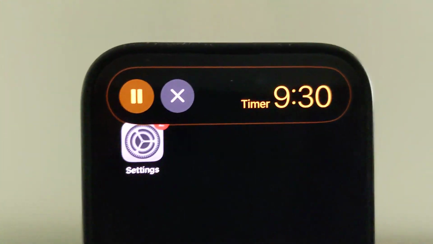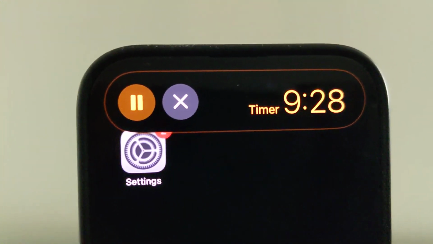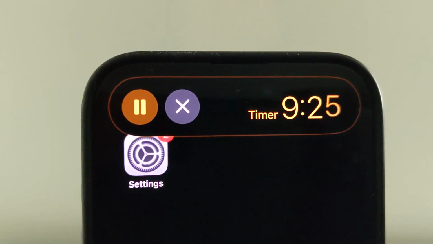Welcome back, guys. In this video I'm going to show you how to activate Dynamic Island on your iPhone 15